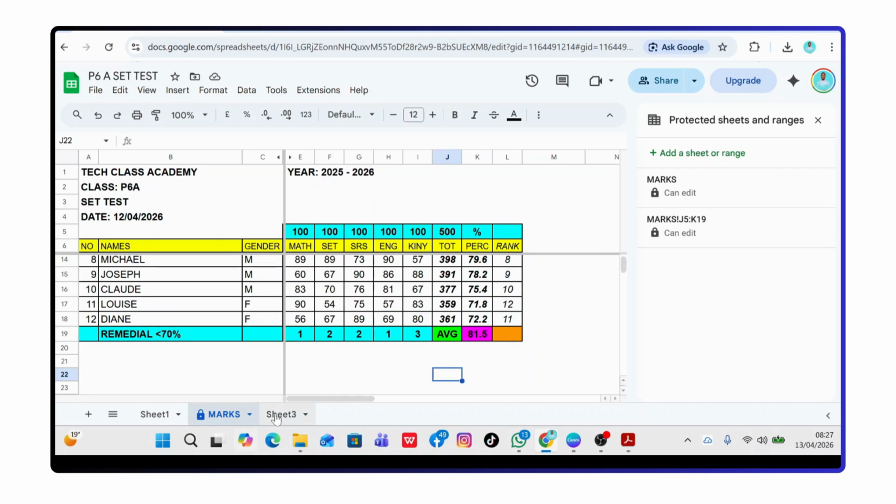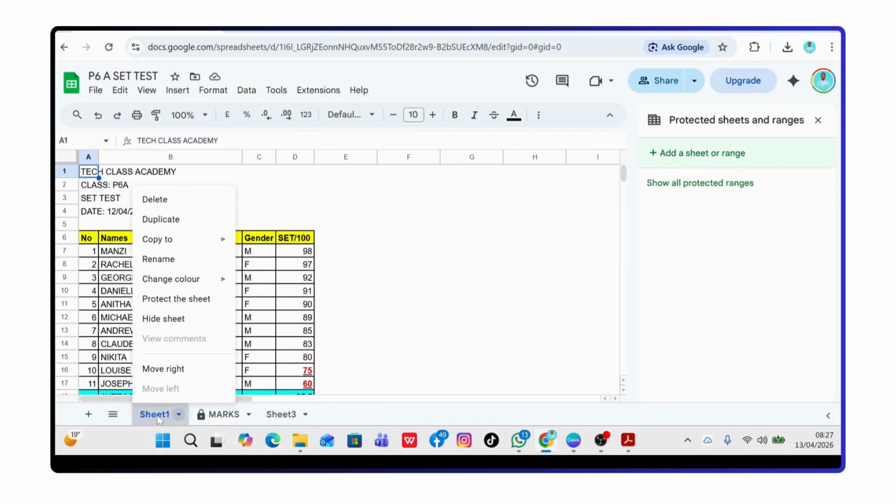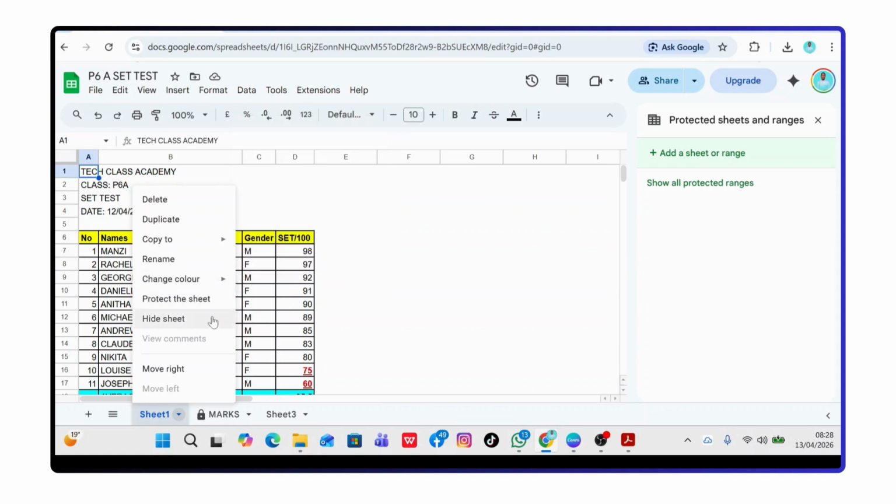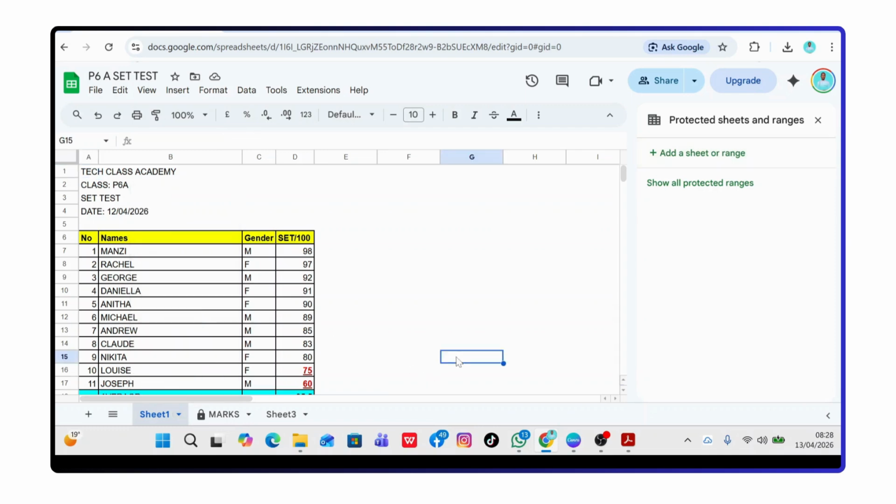You can also see more options, like once you click on a sheet like this, right click on it, you can see options like delete, duplicate, copy to, rename, change color, protect the sheet, hide, move right, and so on. So there are many options you can